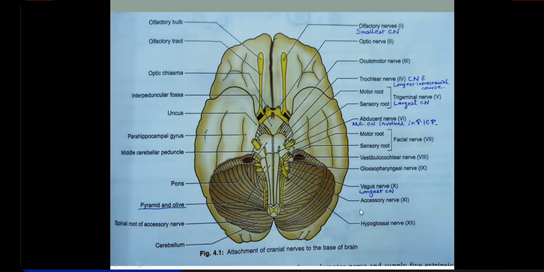So the longest cranial nerve is vagus. Remember, longest, it has a vague course. That's why it's named accordingly, vagus. It reaches to supply the viscera of the thorax, the viscera of the abdomen, and even the structures derived from the foregut and the structures derived from the midgut, right? Transverse colon, right 2/3, up to the junction of right 2/3 and left 1/3. That is the junction of midgut and hindgut. So you can see how long this vagus has its innervation.